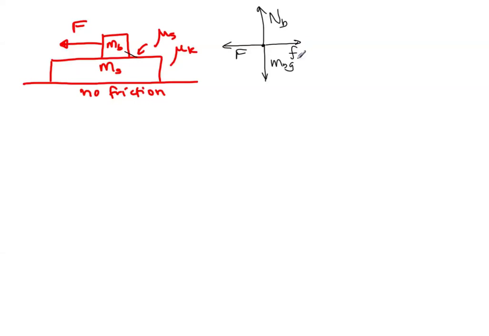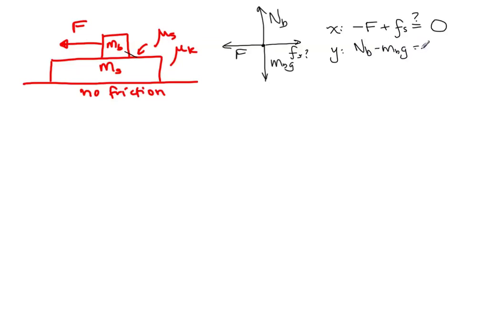And let's say that's static friction, maybe. So if that was true, then the X equation would say minus F plus the static friction would be equal to 0, maybe. Okay? The Y equation would say normal force on the block minus mass of the block times